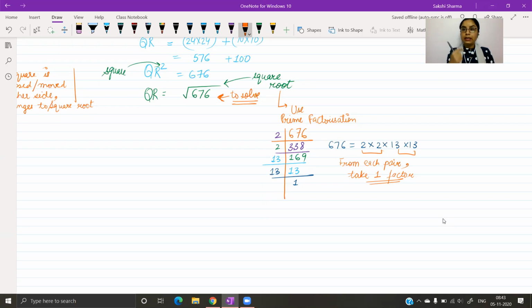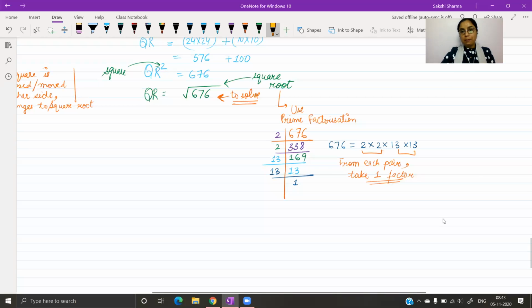All factors will be repeating at least 2 times. Whenever you do the prime factorization of a number for which you want to find out the square root, what you're going to see is that the prime factors are repeating and they repeat at least 2 times. कम से कम 2 बार आएंगे, हो सकता है ज्यादा भी आए, बट 2 बार जरूर आएंगे. और होगा क्या, 2 बार जब वो आएंगे हम उनके पेयर्स बना सकते हैं.